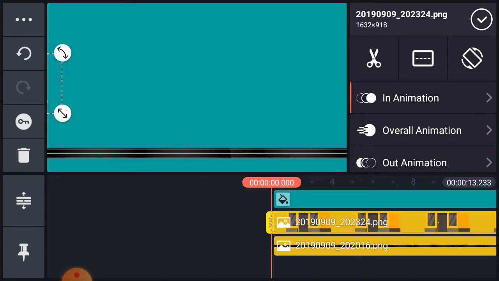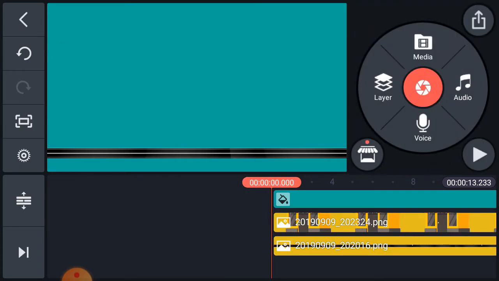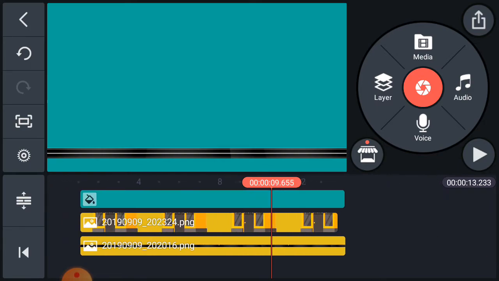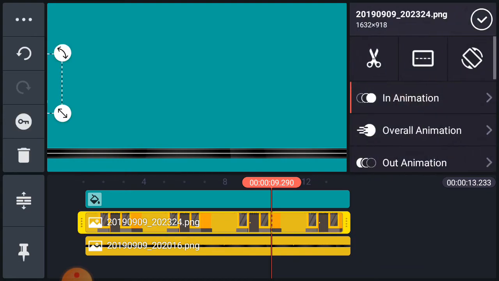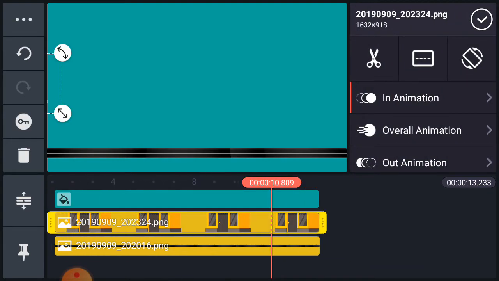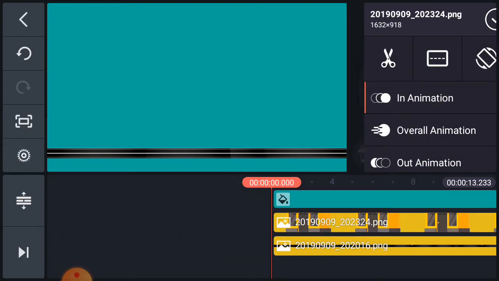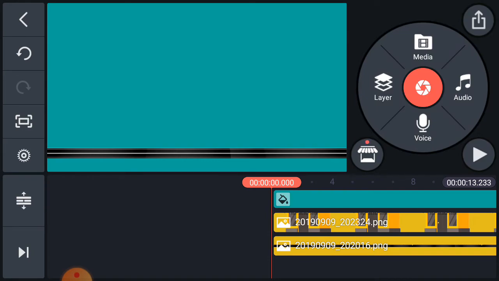So now this is okay. If this is not equal, you can hold this and bring it to match. Now this one is a little bit okay. Okay, now all the layers are the same.